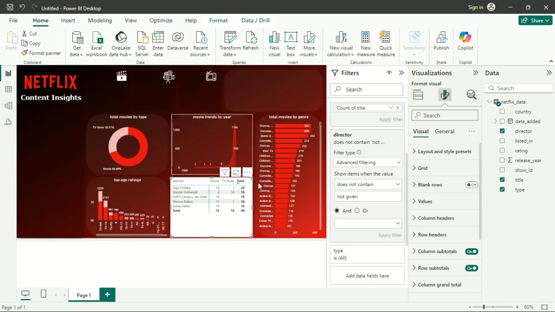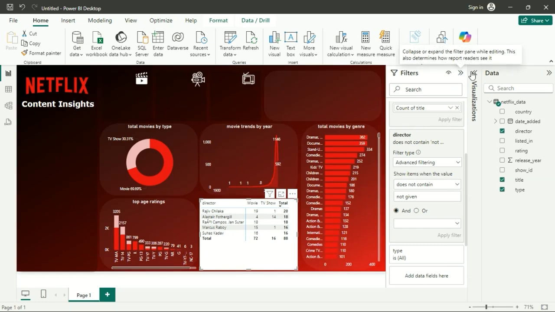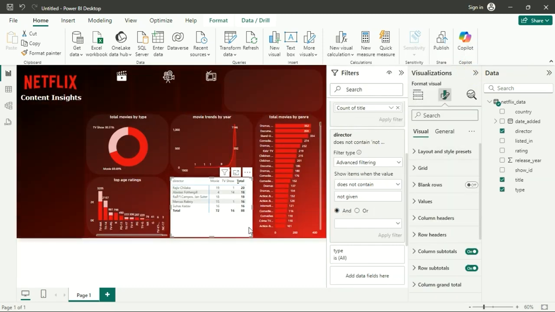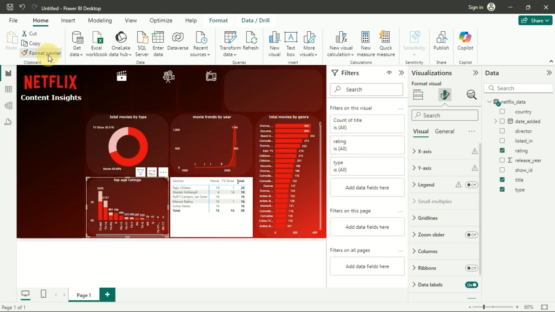So yes, here we have the table chart. Now the table chart is actually challenging because we have to do a lot of designing. We have to change the color of the text part, that is the values part. Then we have to decide what color should be in the alternating rows. We have to decide that also. So first we'll go with format painter, which can